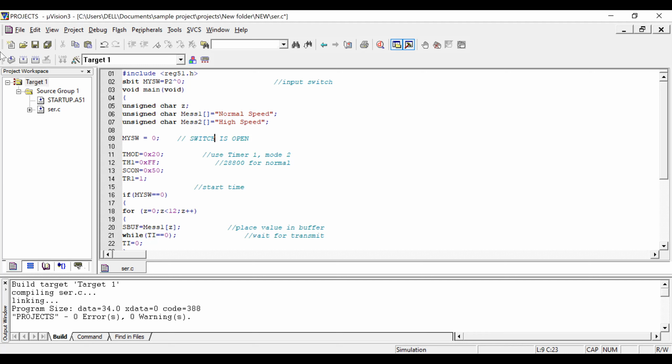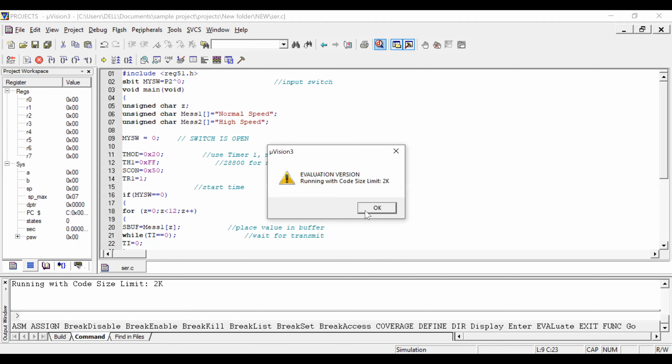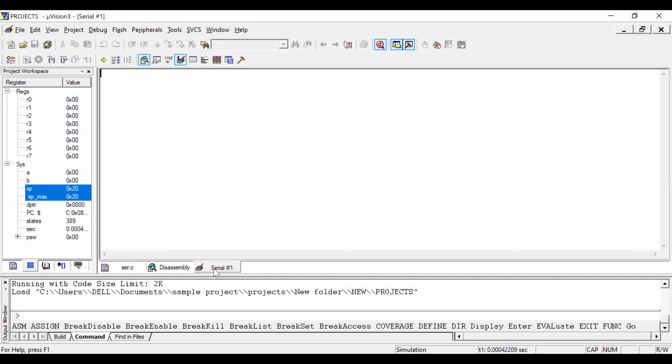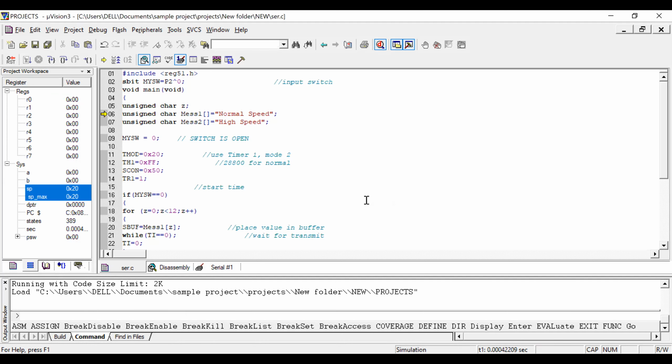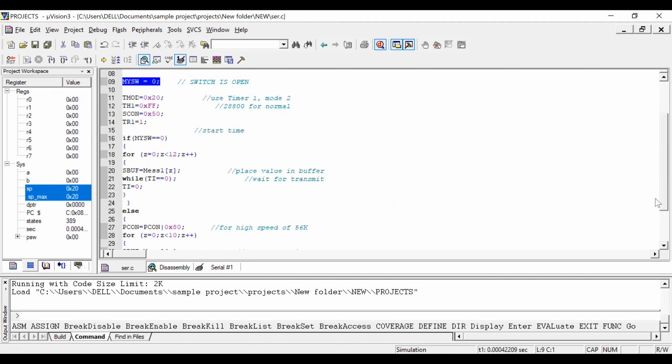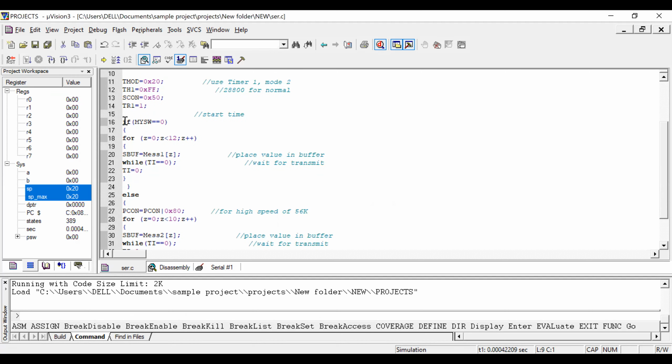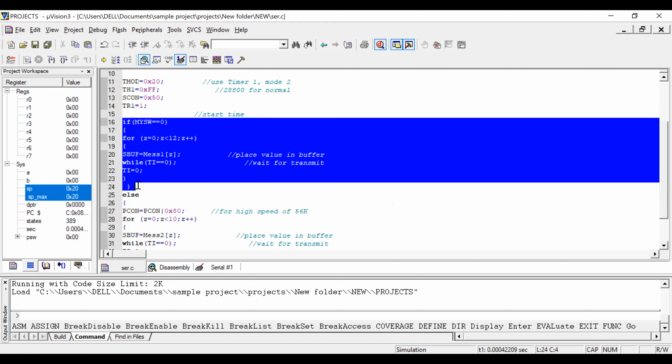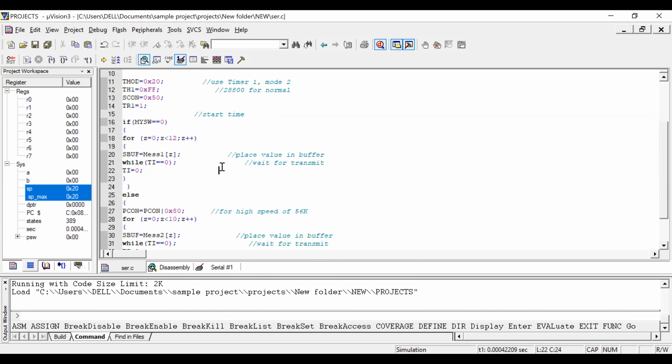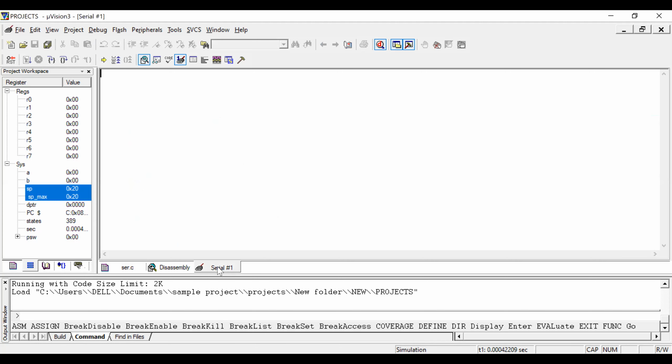So I'll build the program, debug the program. Now before running, my condition is switch is 0. So the if condition should execute, that is the baud rate is only 28,800, not the double baud rate. I will check this also.